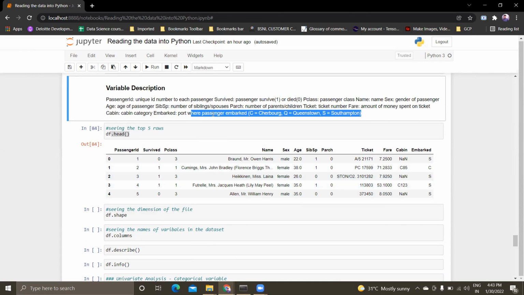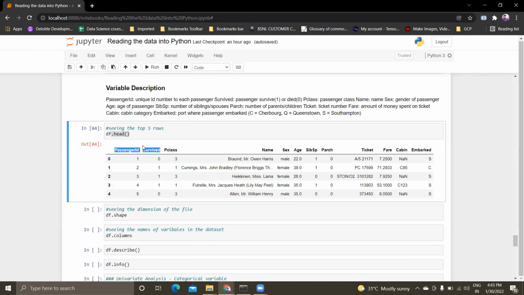This is the description of the columns. Before starting with any EDA, this is something you must understand. You should go through the columns and understand what each column brings into the picture. The EDA we are about to do is for the Titanic data set, and the final target class is whether the passenger survived or not. So we should form a hypothesis here itself: which features will be useful to predict whether they survived or not?